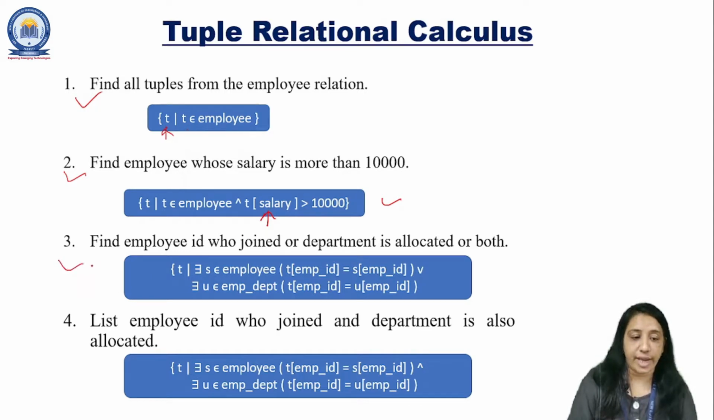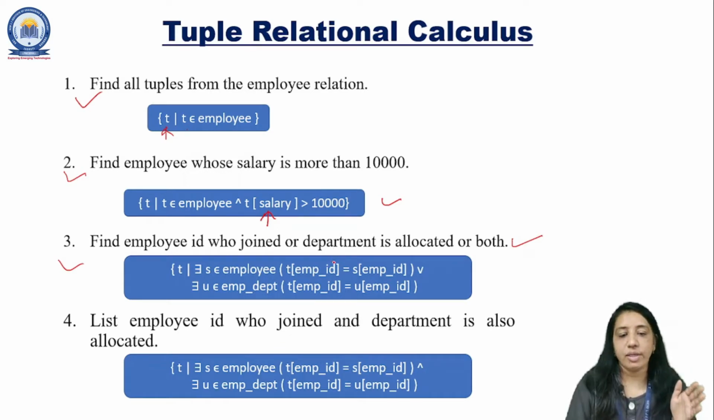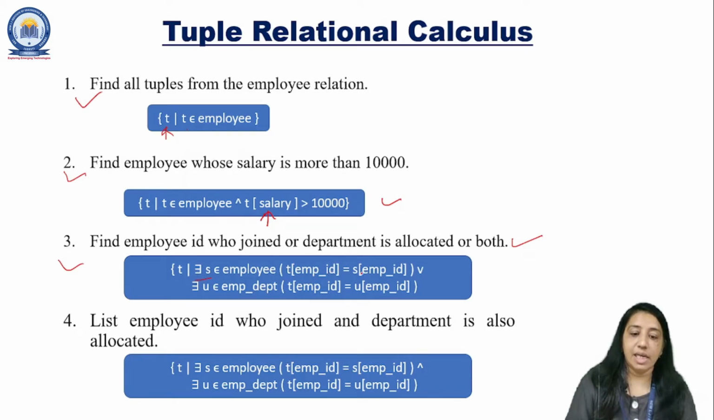The next one is to find the employee IDs who joined or for whom a department is allocated, or both. This we have seen, right? So how to do that? Either the employee has joined or the department is allocated, or both can be there. So {T | there exists S in employee where T[EMP ID] = S[EMP ID]